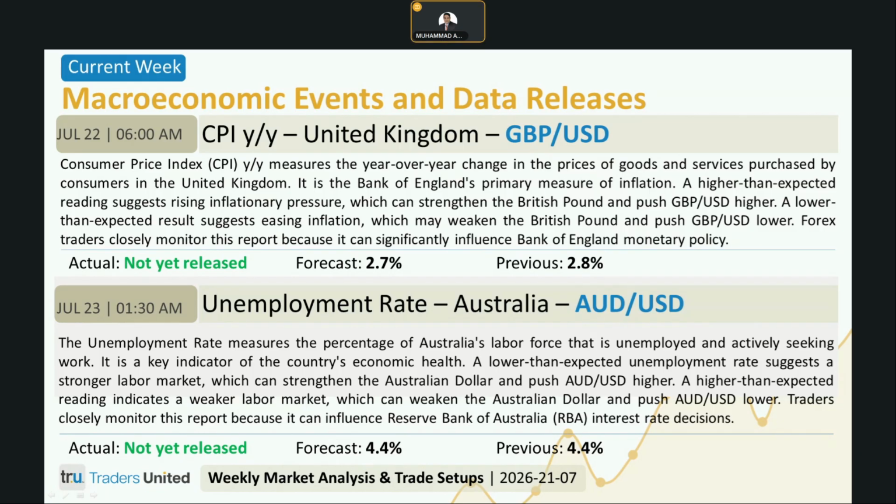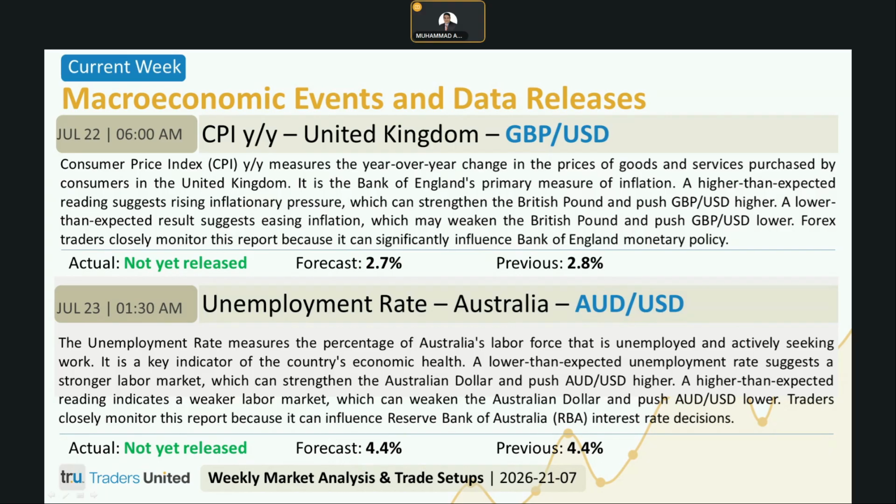Now, why AUDUSD could move? Well, there are key drivers for potential price action, and that includes unemployment rate result versus the forecast, Australian labour market conditions, Reserve Bank of Australia interest rate expectations, Australian dollar strength or weakness, US dollar strength or weakness, overall market sentiment, other Australian economic data reports. Labour market data is one of the most influential economic reports for the Australian dollar because it directly impacts monetary policy expectations.